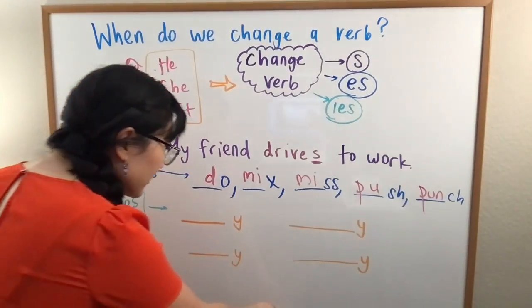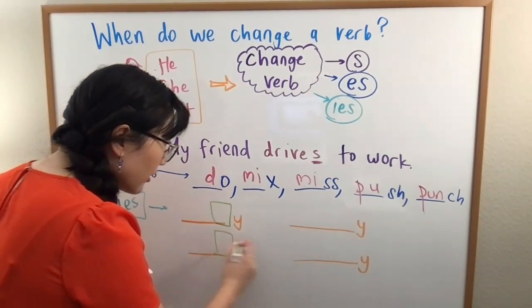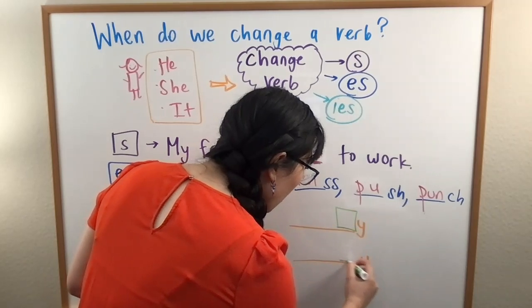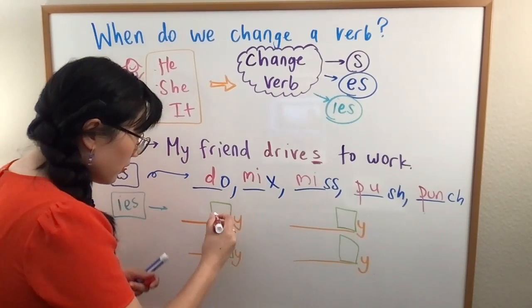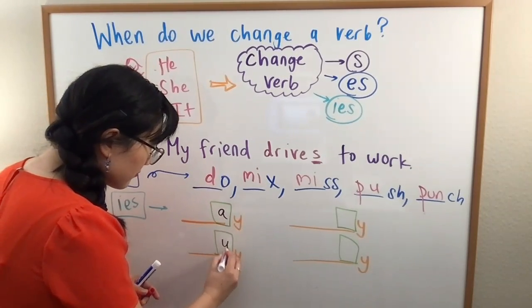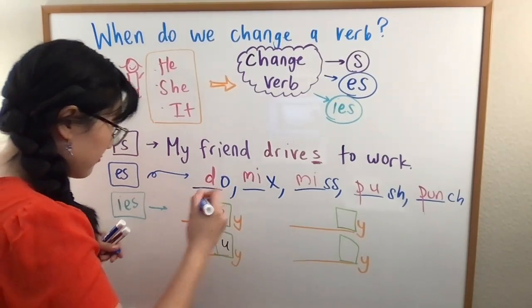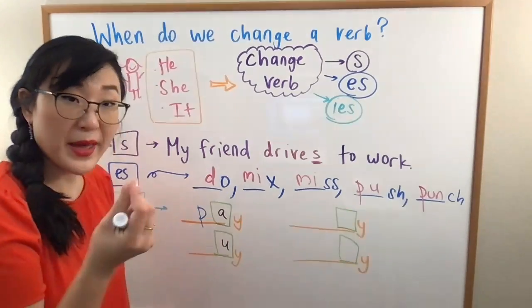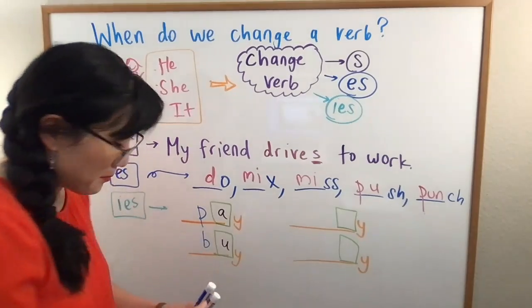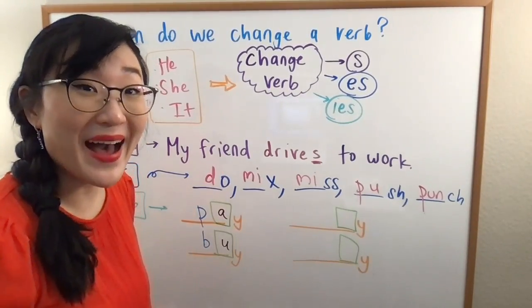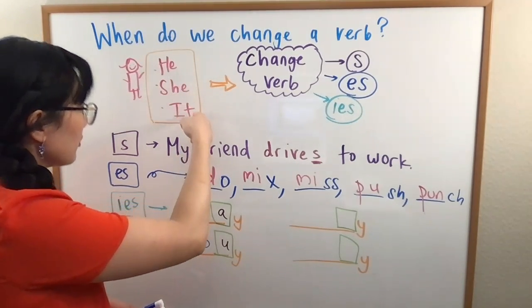So when I look over here and I see my verb has a Y ending, first look. What is in front of this Y? I need to pay very close attention here. What is in front of this Y? If I have a vowel, for example, let's say the word is pay. Pay for dinner. Buy. Buy new clothes. Buy. And if I have he, she, or it,